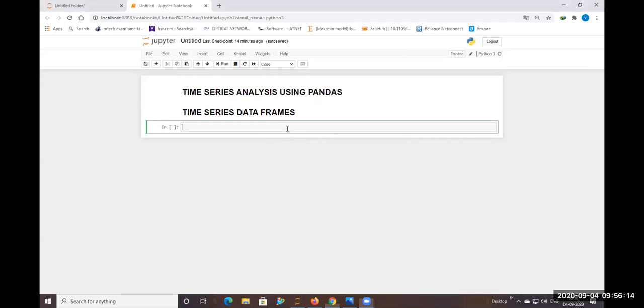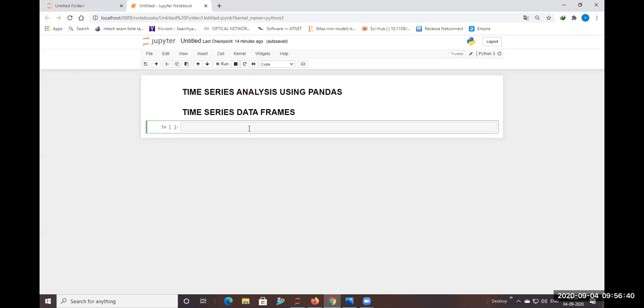Now let us come to pandas: using the pandas library, how to write the Python code for time series analysis. Let us see here. Firstly, I'll start with time series analysis with respect to data frames.